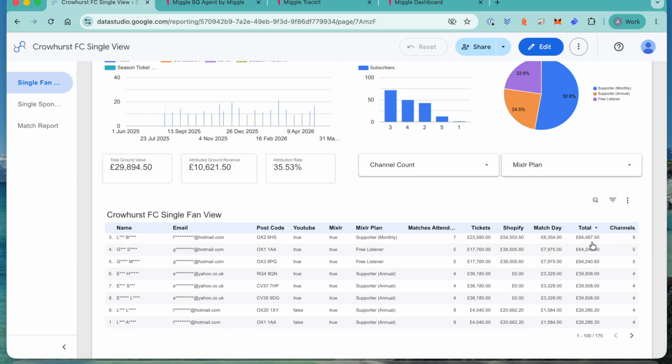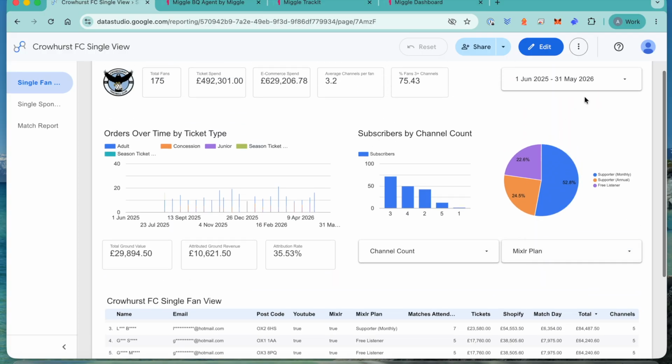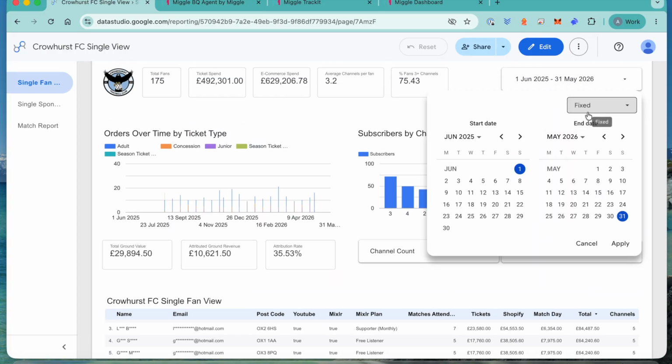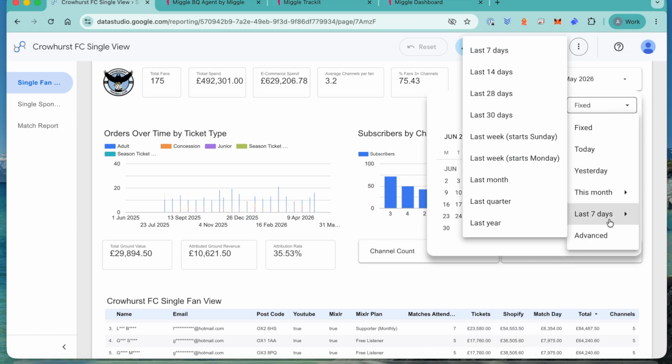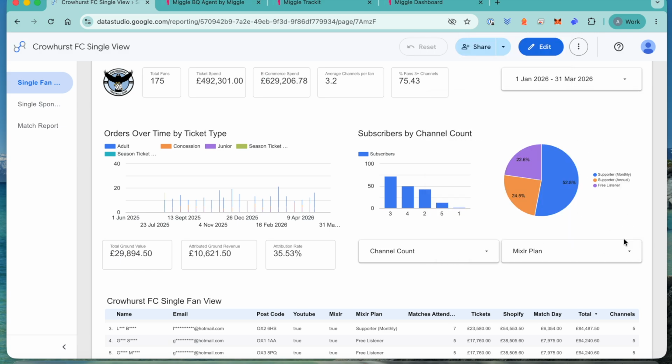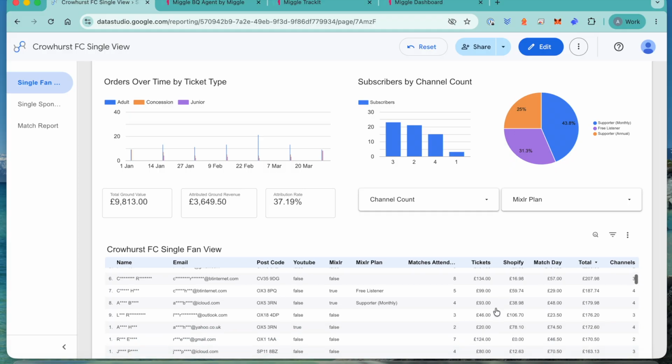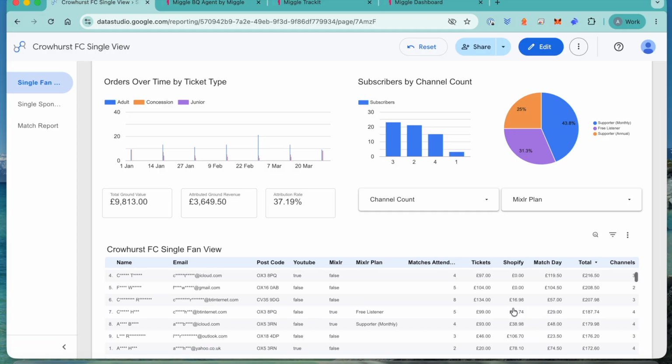The view hasn't refreshed yet. These figures shouldn't be anywhere near as high as this. In fact, if I just refresh the date and go to, let's just go to the last quarter and apply that, yeah, you'll see that those update to much more realistic